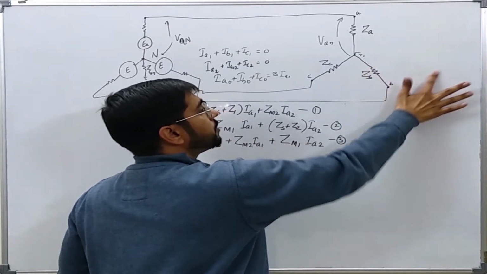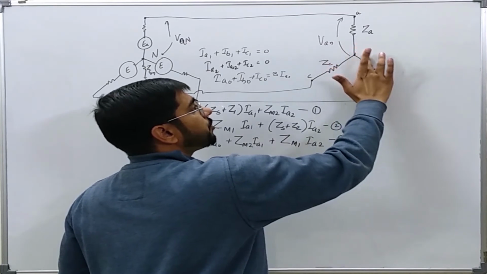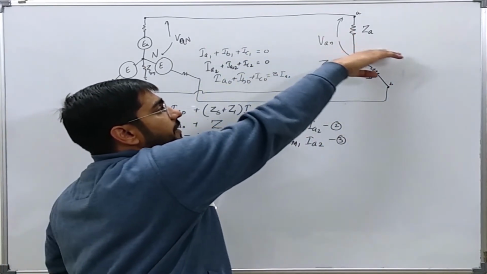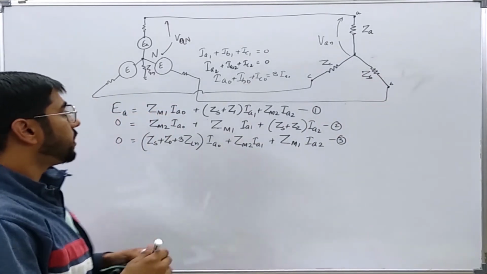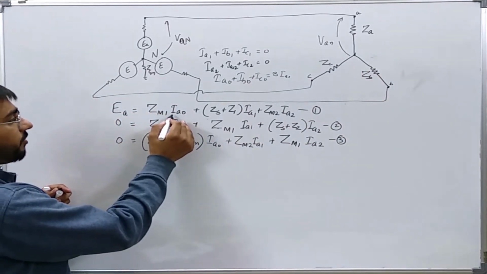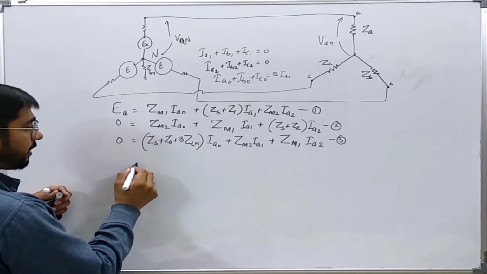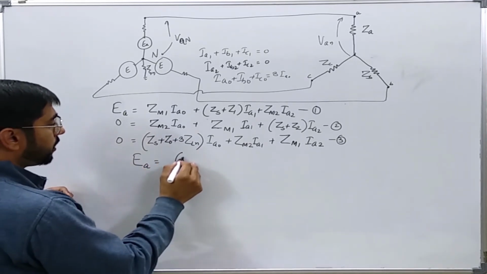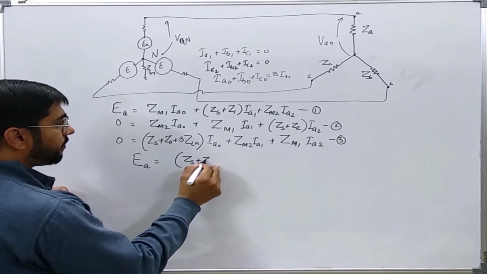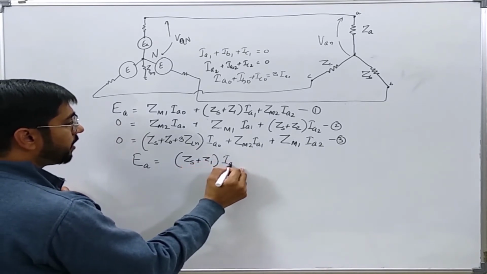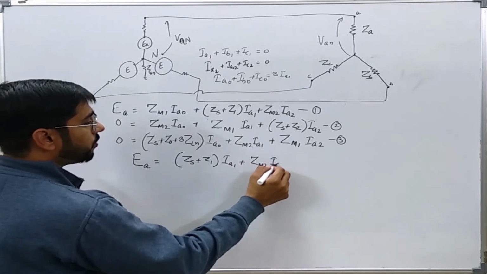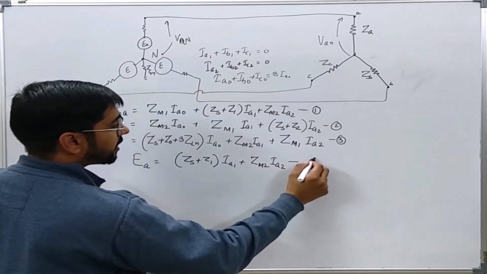So the zero sequence current cannot flow because it does not have any path to flow. So IA0 will be 0. These equations will transform into EA equal to Zs plus Z1 IA1 plus Zm2 IA2. This is equation, let us say 4,